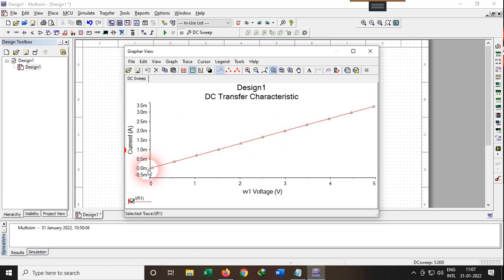Okay, when it has increased the voltage by 0.5 volt steps. At 0 volt it has taken one data point, that is 0 current, and here also it has taken the data. At 0.5 volt, at 1 volt, 1.5 volt, 2 volt, 2.5 volt, you can see this data has been presented here. We can just see here that this data is present up to 4.5 volt.